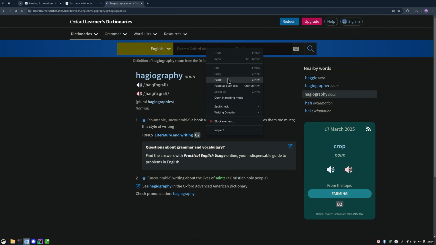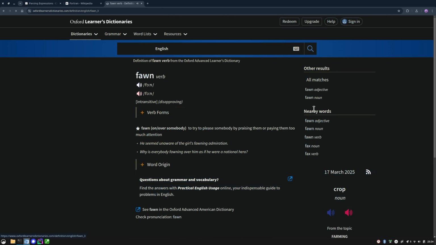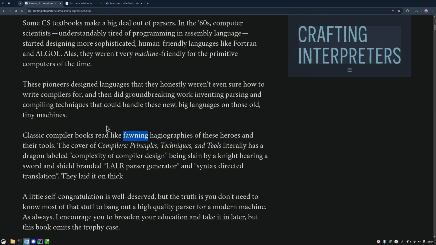What about this one? Fawn. To try to please somebody by praising them or paying them too much attention. He seemed unaware of the girl's fawning admiration. Fawn. Classic compiler books read like fawning